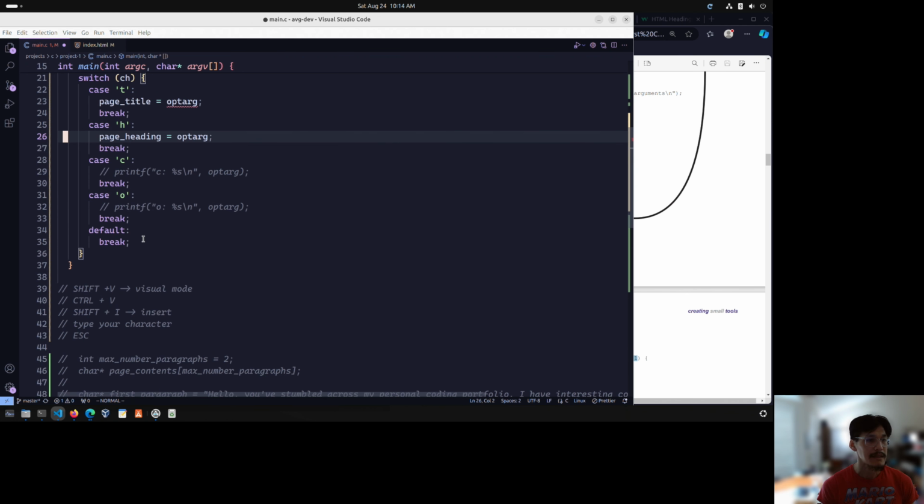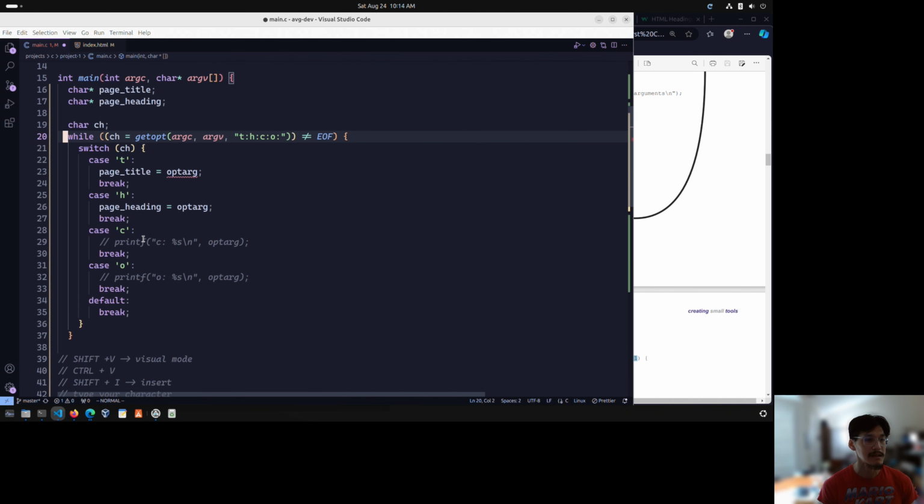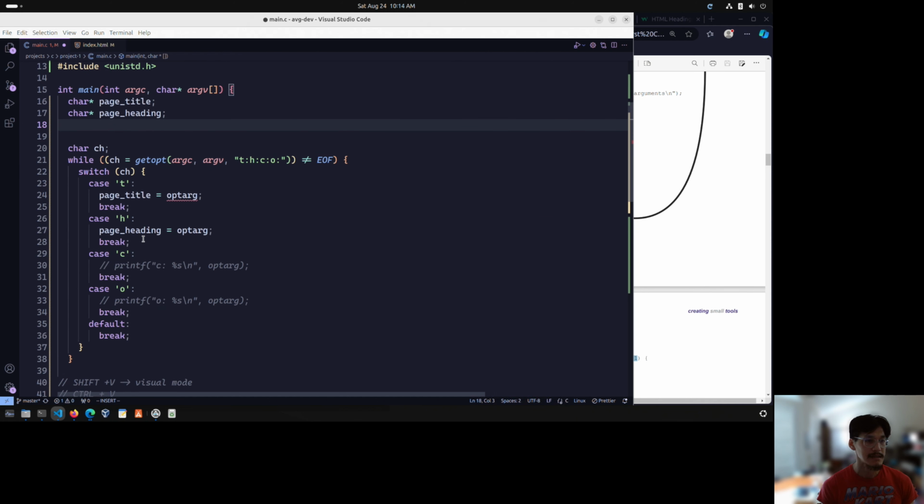Okay, and now we're at this point where we have dash T, we have dash H handle, but let's do dash C. So what we can put up here is declare a new character pointer, or pointer to a character, called page contents file name. Now when we encounter dash C, the C option, we want to assign opt_arg's location in memory to page contents file name